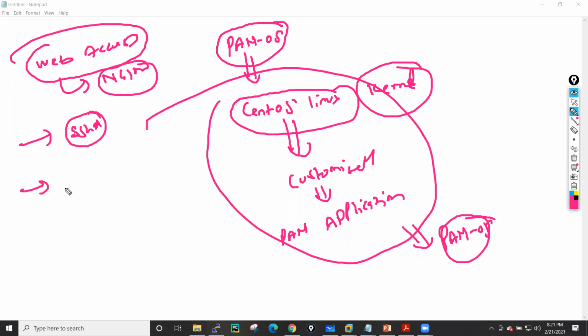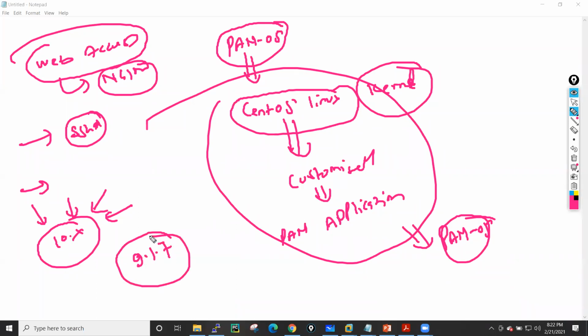So this is something regarding the PAN-OS of your Palo Alto firewall. The latest PAN-OS version is the 10.x series, but people are not using that series too much because it has many bugs. Right now, the stable PAN-OS version is 9.1.7, and everyone is basically migrating or upgrading their devices to 9.1.7. That's the most stable version to date.